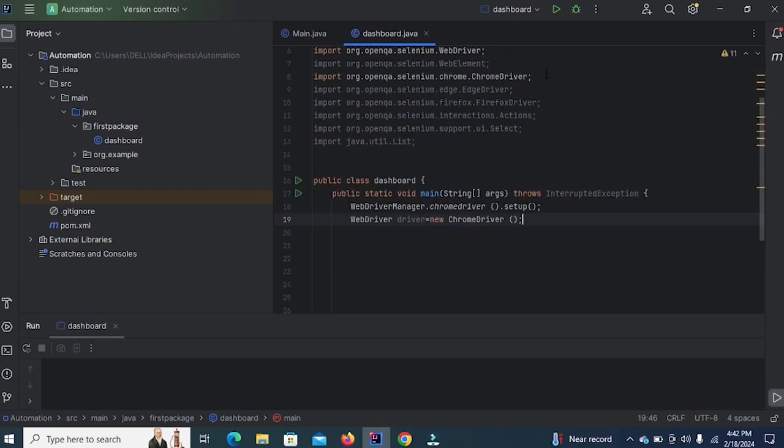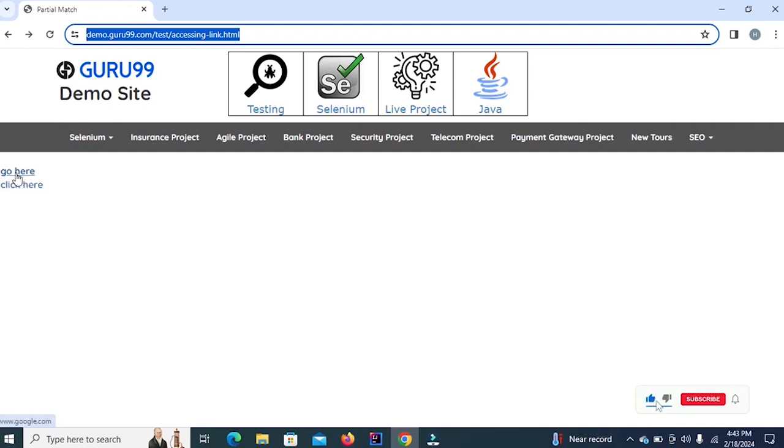How to click on a link by link text and partial link text. A link text in Selenium is used to identify the hyperlinks on a web page. It is determined with the help of an anchor tag. For example, if we want to click on this link, we just need to enter the link text, which is go here. First, we will navigate to this URL,